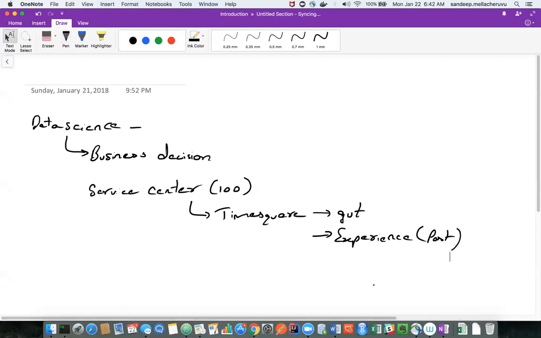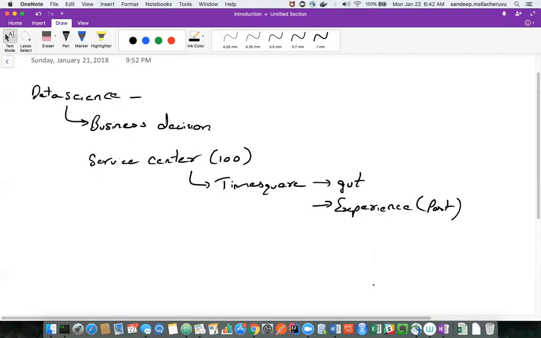How do you go by experience? There are a lot of other car manufacturers who already opened some service center in Times Square, and each manufacturer might get some profit, or they may not get a profit at all.